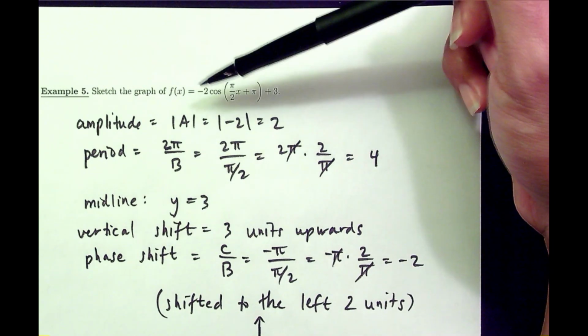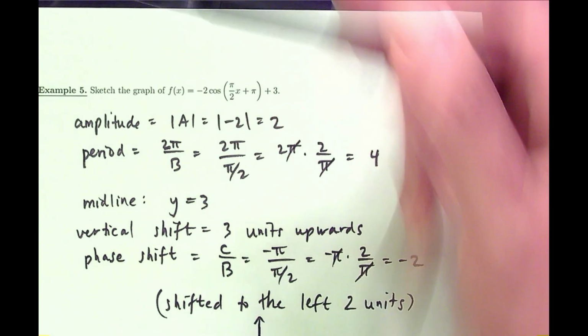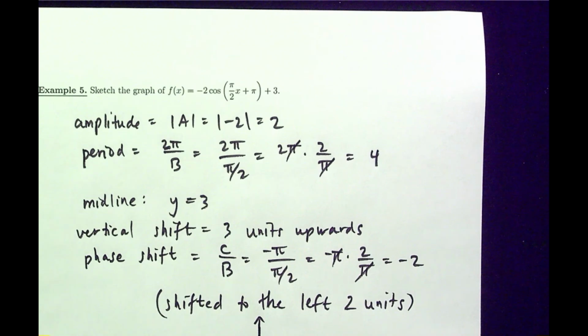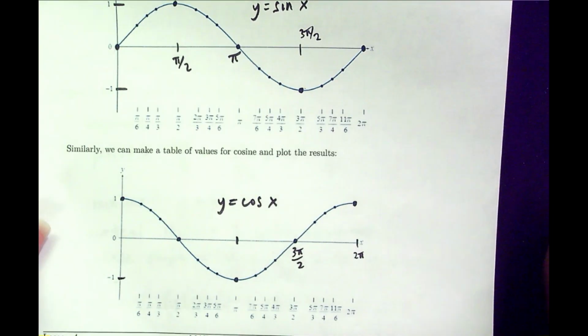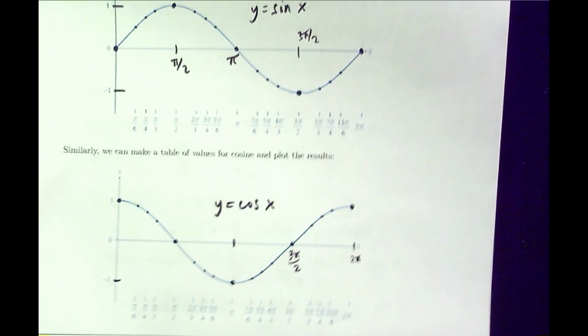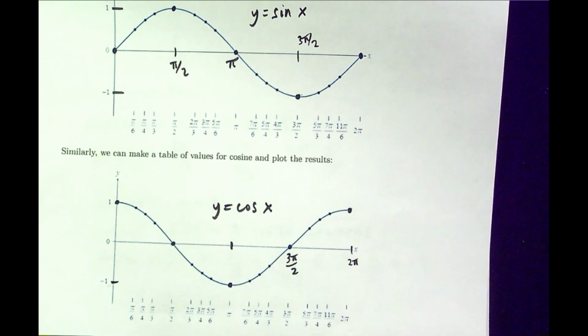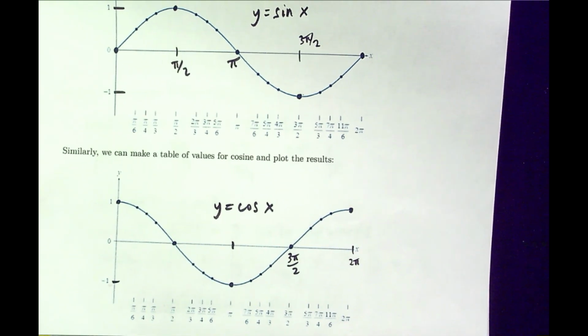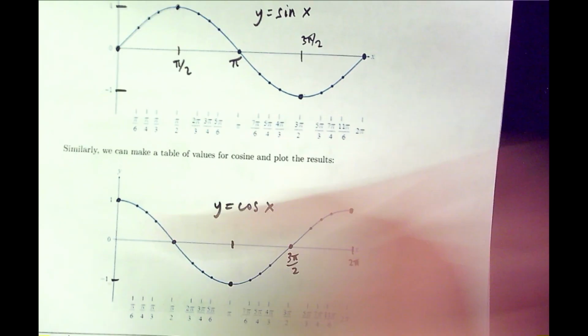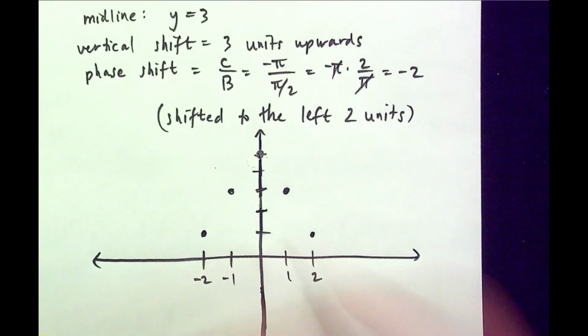It takes the y-coordinates and changes the sign basically. So this graph is turned upside down and then shifted up by 3. It's what we call a reflection across the x-axis. So that's why it's upside down. Instead of going down, this one is going to go up. And now when you connect the points,